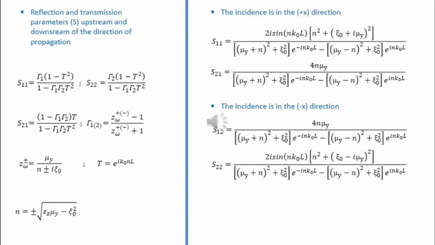We note that n of a bi-anisotropic slab relates not only to epsilon_z and mu_y, but also to chi_0. Our aim here is to retrieve unique and accurate values of epsilon